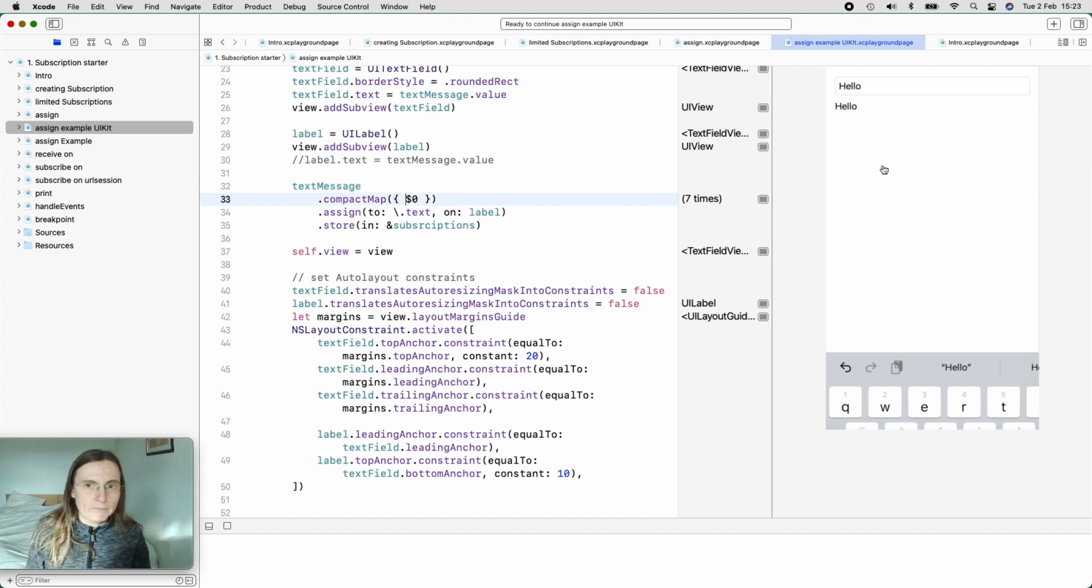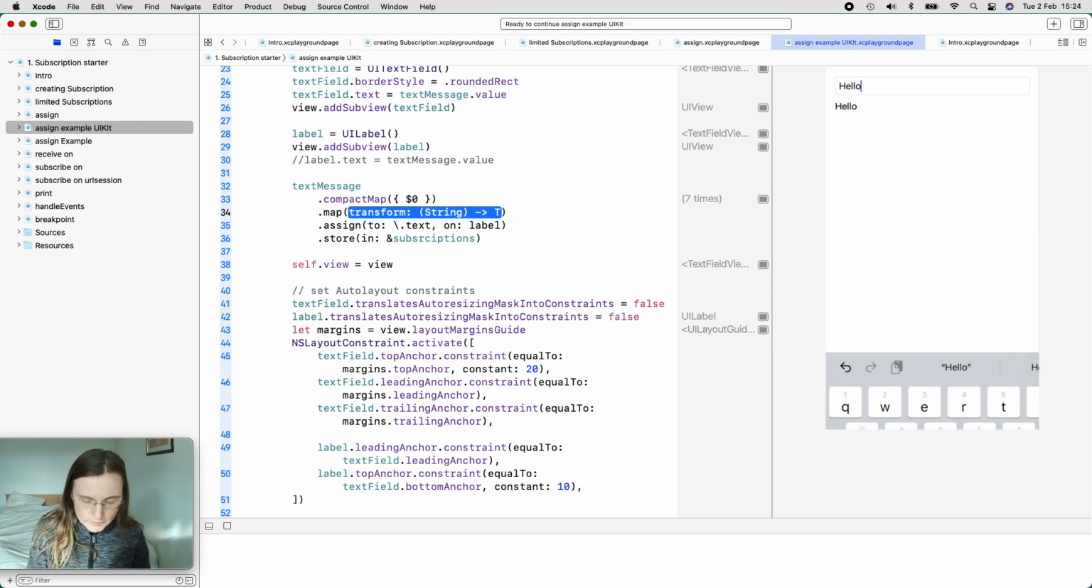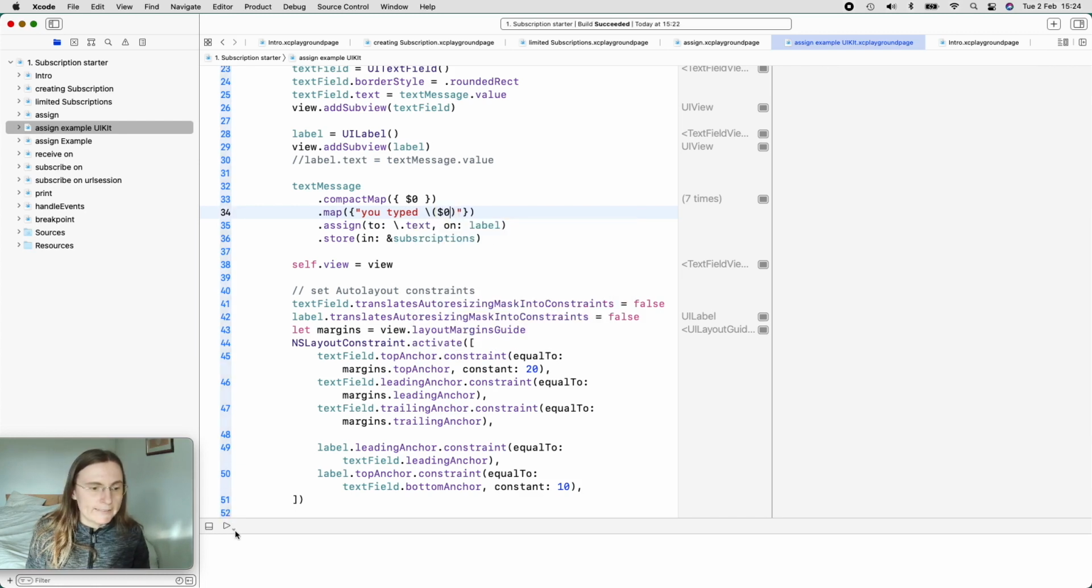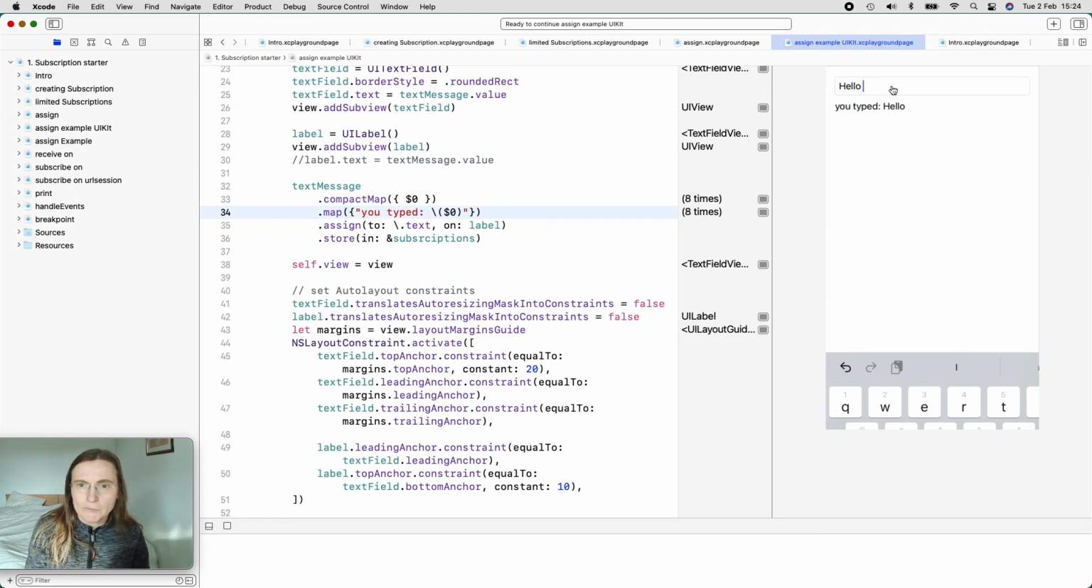For example, instead of just returning the same value, we can use another map here, because once I'm here, I know that I have a value, and we can just add a little string description, "you typed", and then I'm just going to add the string itself. If you run this again, you see this "hello you typed". The label now has this new string, and it's keeping the string because every time this is called,